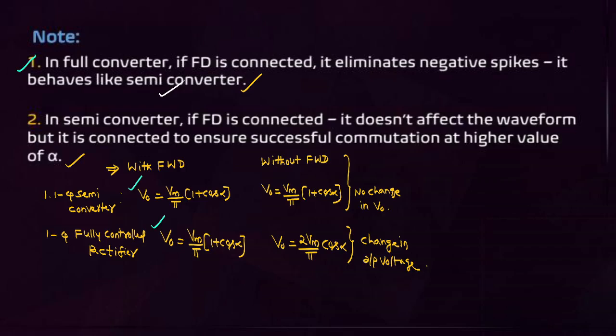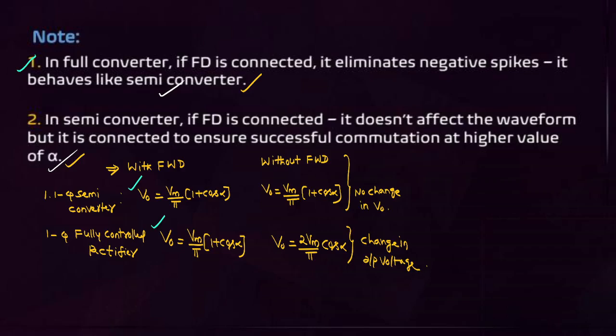Why are you connecting the freewheeling diode? The purpose of using a freewheeling diode, important statement: the purpose of using a freewheeling diode in a semi-converter is for successful commutation at higher values of firing angle. For successful commutation of thyristors at higher values of firing angles, we connect the freewheeling diode in the case